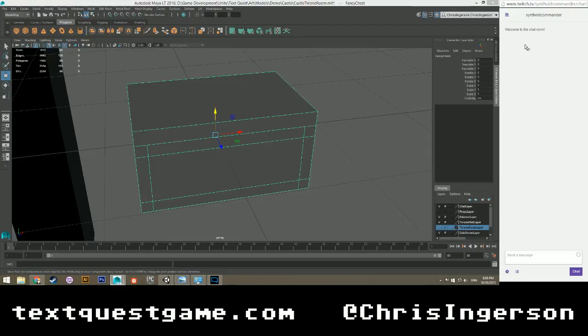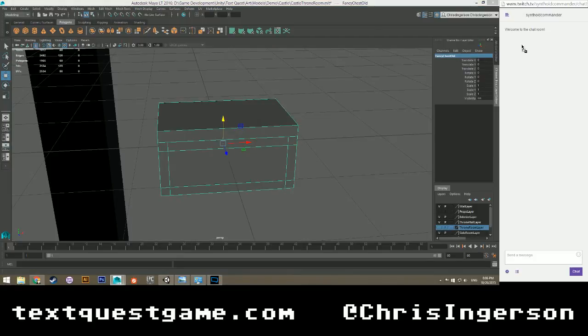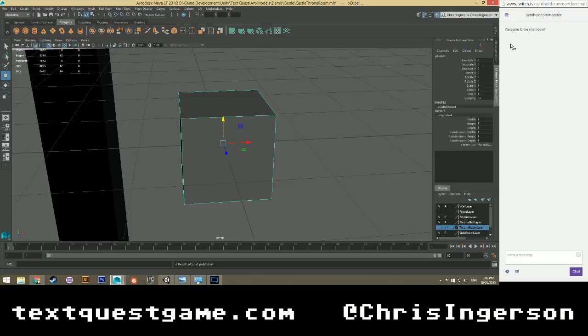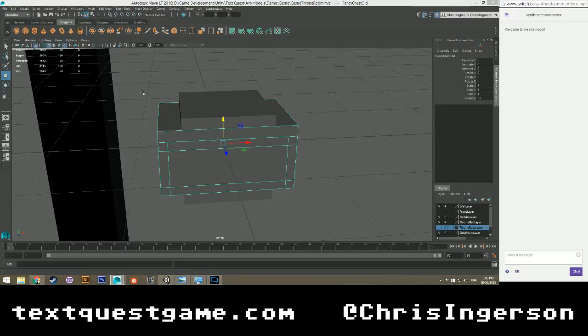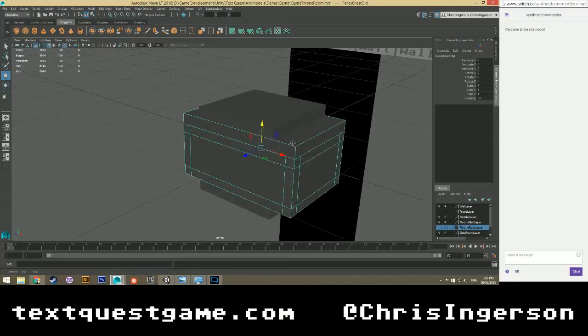So let me rename this to be Fancy Chest Old. We'll get rid of this later on. Okay, so for now, I'm just going to move that back in there. Make a cube, and what do I need my cube to be? Hold on. And then of course, as soon as I say that, I'm going to drag this back in here. I need to figure out what my dimensions are for the